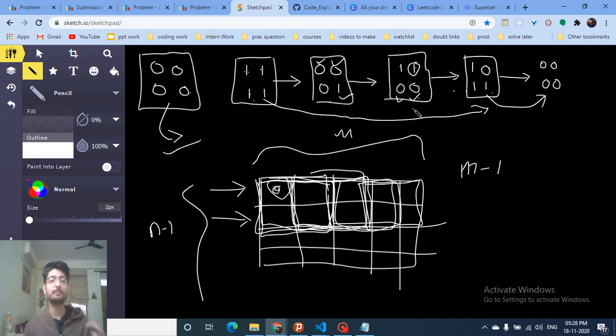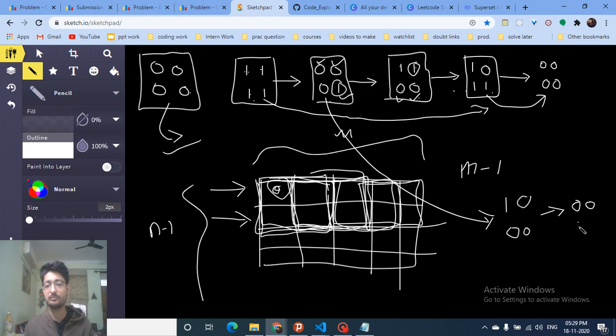Now the tricky part is, let's assume that I have only 1 on. Can I generalize this thing? What I mean by generalize is, in this problem, let's assume my right down bit is on. Can I choose the same path? Yes, because what I am actually doing in this problem is taking the number which is on and taking 2 off bits. So if I take these 2 off bits and the number on, it will become like this, 0 0 1 1, which means that in the next state there will always be 2 bits on. So as you can see, in this case also 2 bits are on.